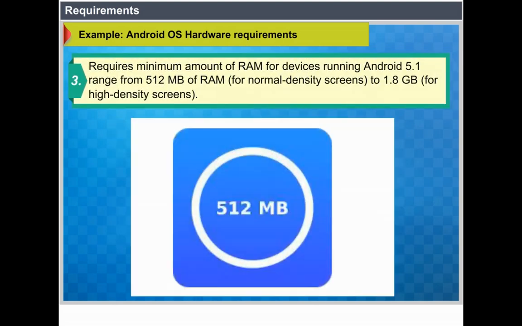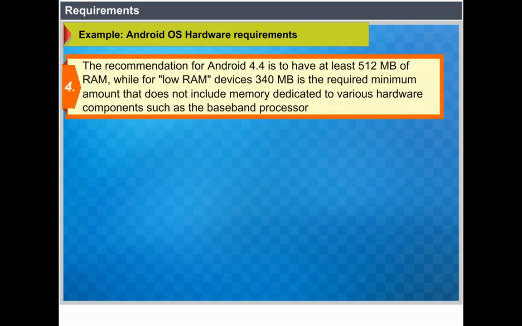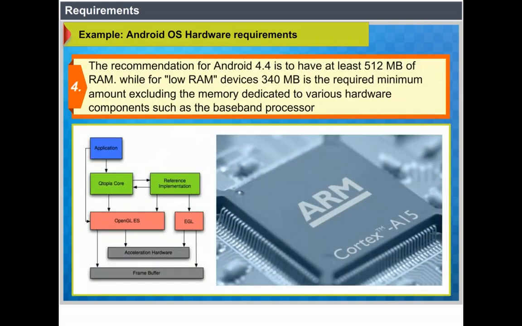The minimum amount of RAM for devices running Android 5.1 ranges from 512 MB of RAM for normal density screens to about 1.8 GB for high density screens. The recommendation for Android 4.4 is to have at least 512 MB of RAM, while for low RAM devices 340 MB is the required minimum amount that does not include memory dedicated to various hardware components such as the baseband